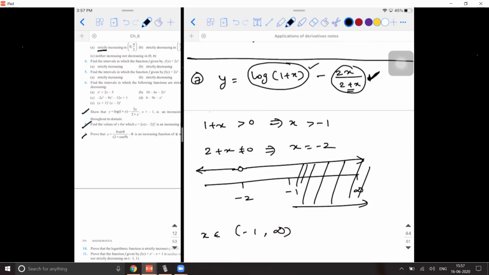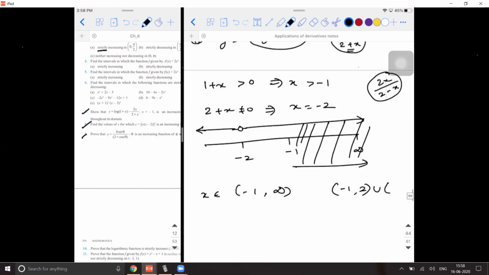Had the same question been twisted like this, 2x divided by 2 minus x, then what will you say? If they change the question and ask you in the exam, what will you do? Minus 2 to infinity. Minus 1 to 2, open bracket or close bracket? Open bracket, the circular bracket. So minus 1 to 2, both are open brackets, union 2 to infinity. So it is always advisable for you to define the domain of a given function.